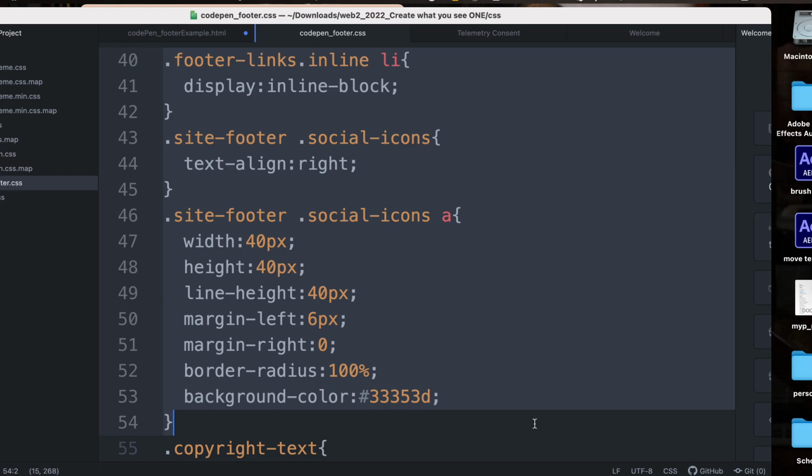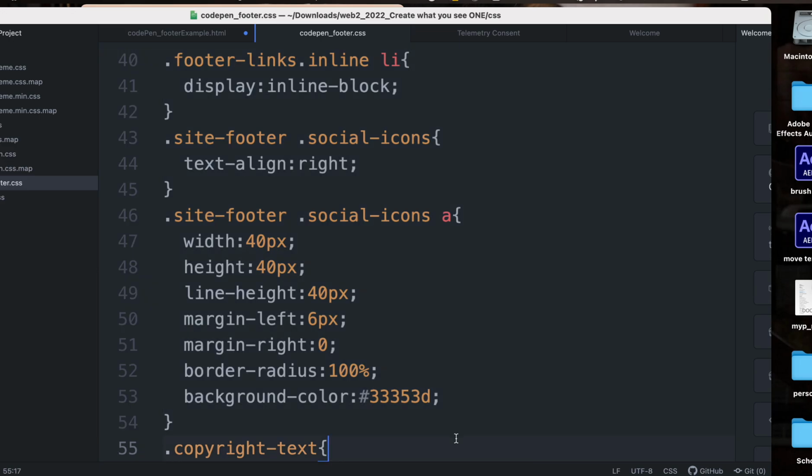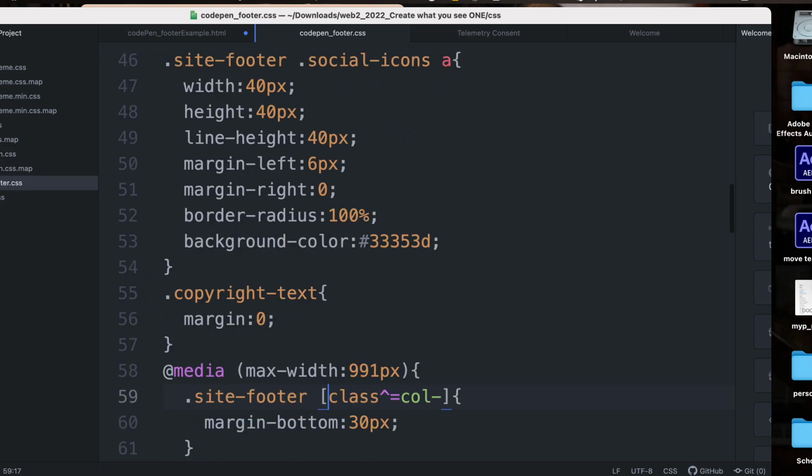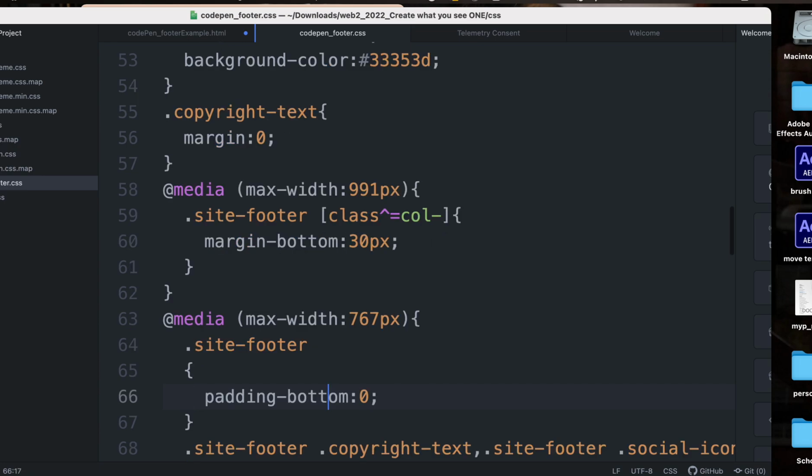So go ahead and stop and, again, type out everything I have. And then we'll go down a little bit more to copyright text. And then I'll kind of explain what's going on here. So let me take a little bit at a time here. Just do the copyright text. Go ahead and pause it and